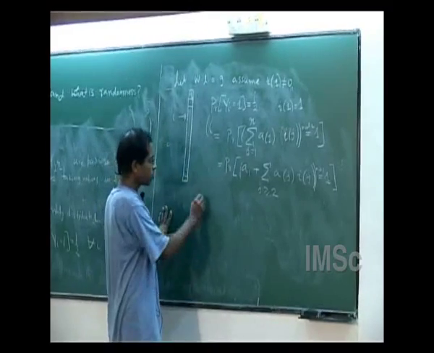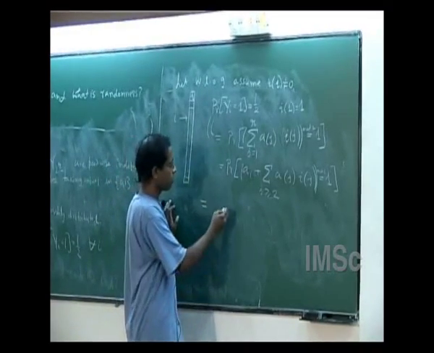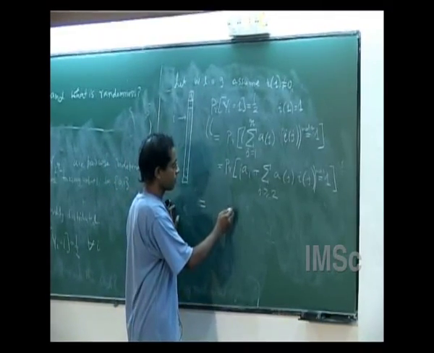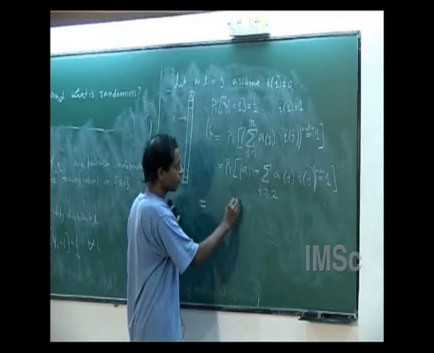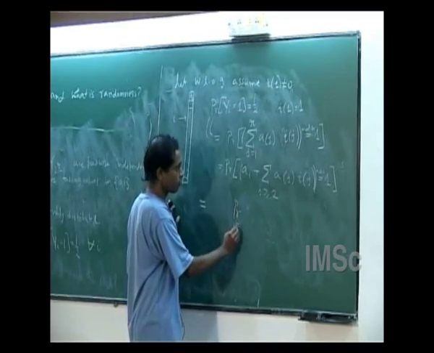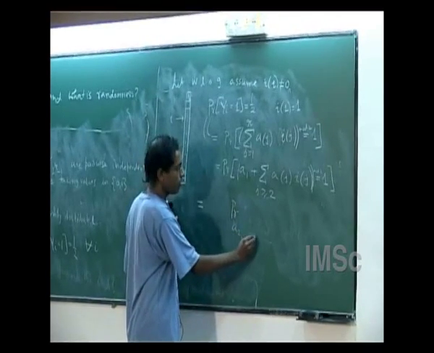Probably there are many ways to see it. One formal way is that you take the probability over A2 to AR